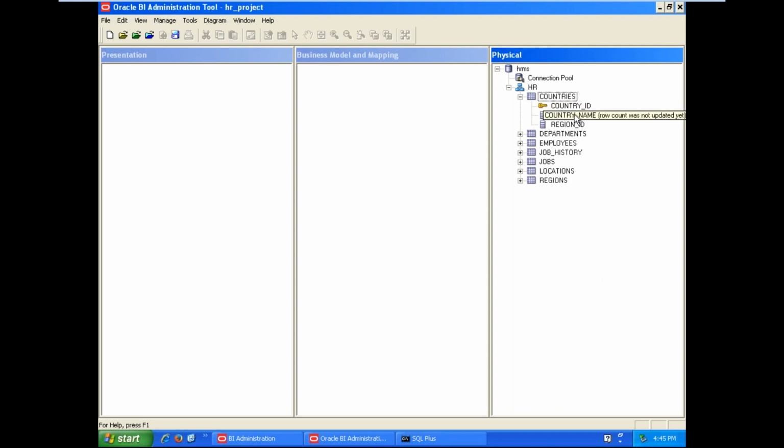Here you can verify whether country ID is repeated in other tables. For example, locations. In the locations table, location ID is the primary key. Here we also have country ID, but country ID is not a primary key in locations. That means one country has many states and cities as well as locations. We have state information, city information, postal code and address available here. So one country has many locations, and one location has many departments. In that manner, the relations are there.